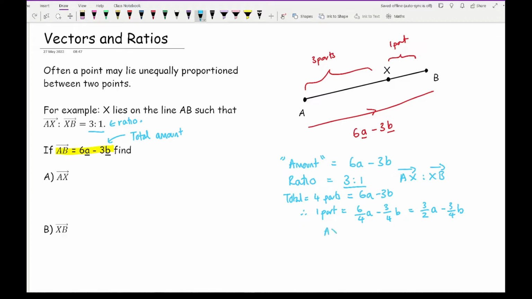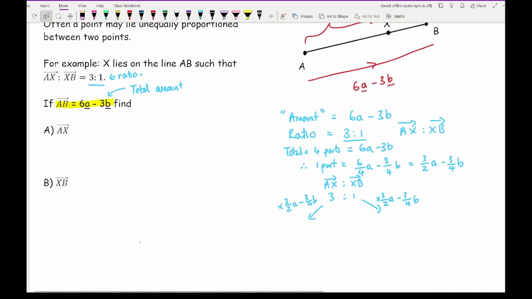So if A to X and X to B is in the ratio of 3:1, I need to multiply 3 by 3/2 a minus 3/4 b and multiply 1 by 3/2 a minus 3/4 b. Now you might be thinking, I don't really like multiplying whole numbers with fractions, but that's actually a lot easier than what you may think. All you need to do when you're multiplying a whole number by a fraction is just multiply the whole number by the numerator. So here I've got 3 times 3, which is 9, so it's going to be 9/2 a minus,